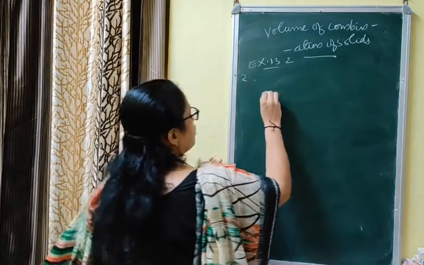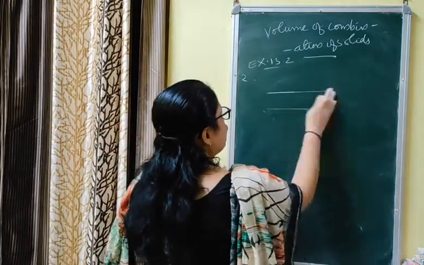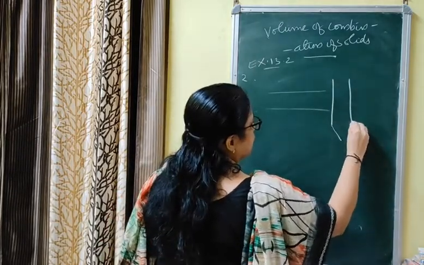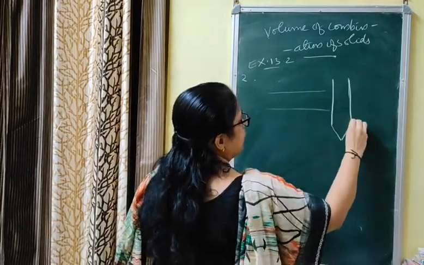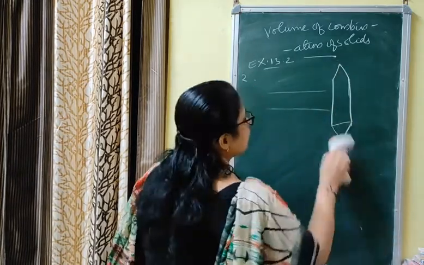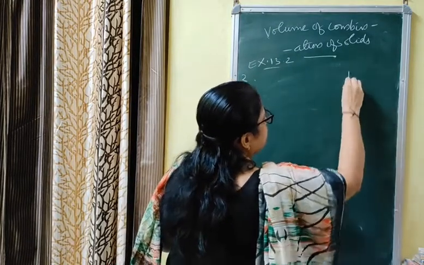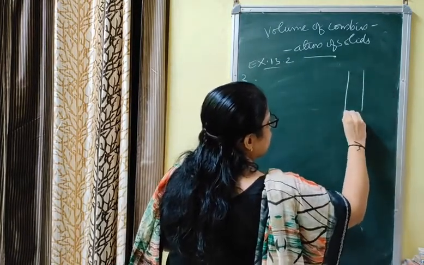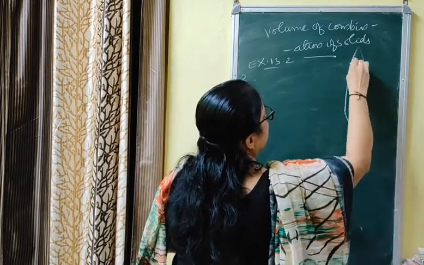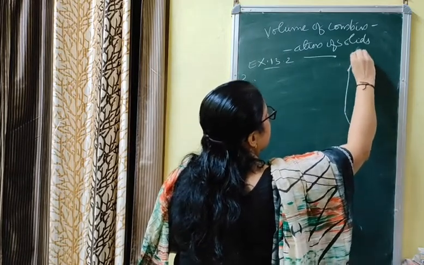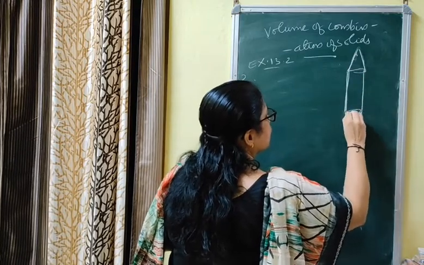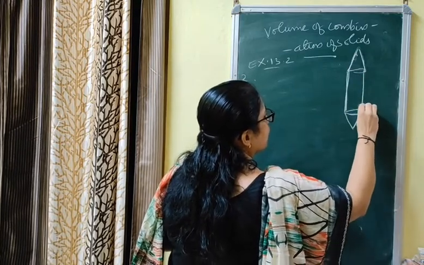Let me draw the figure. I am drawing a horizontal figure. If you want, you can draw vertical. Otherwise, it is better to draw vertical so space will be remaining. There is a cylinder, and on both sides of the cylinder two identical cones are attached with aluminium sheet. This is the model. Let me draw it in the proper way. It should be straight. That is, one cone is attached at the bottom and one is attached at the top. Both are in the same shape. This is the model.